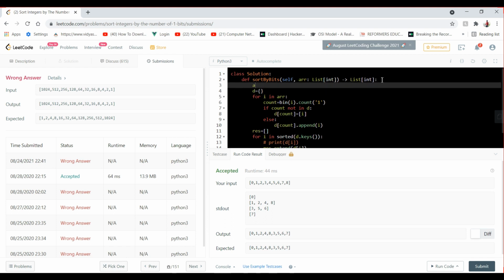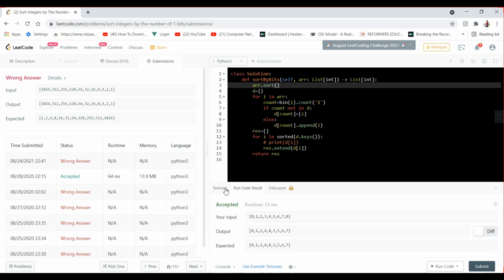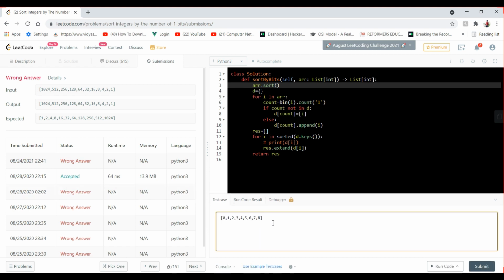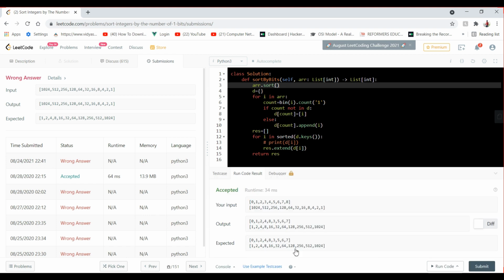So what we can do, we can sort the array in advance so that it would not give us the wrong one, otherwise we have to sort it again. So let's take that example as well and run it. Okay, so it is giving me the correct one. Let's submit it right now.